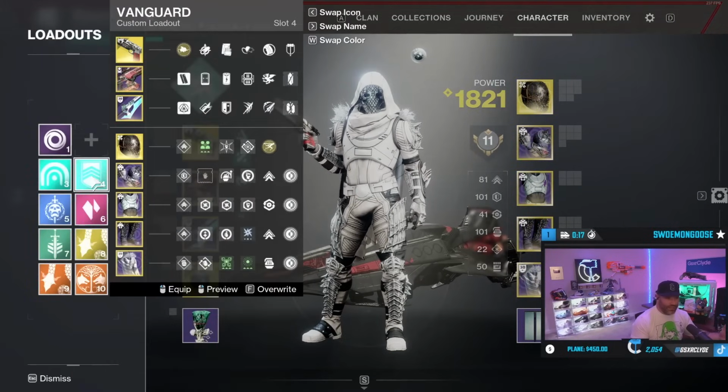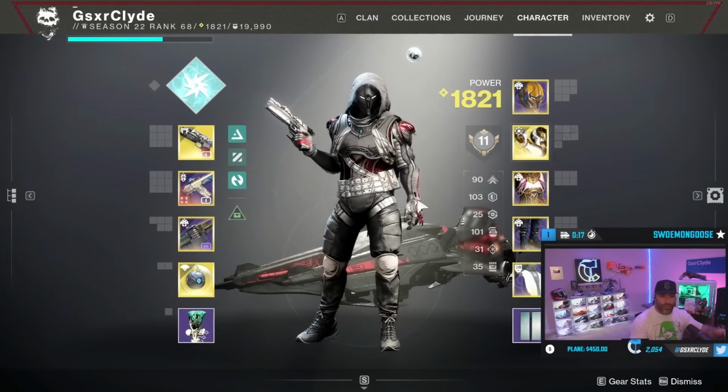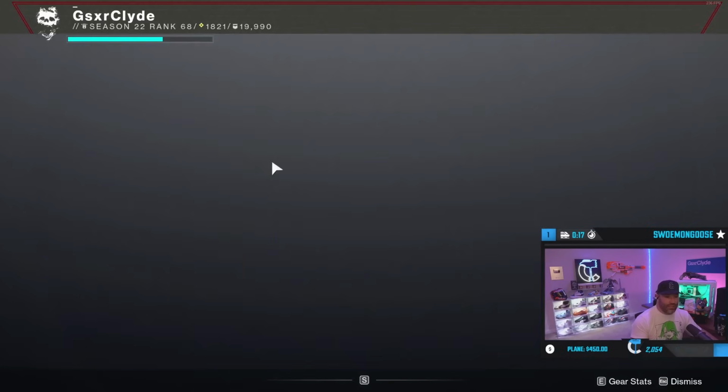So I have 3 variations of this. I'm going to show you really quick. This is going to be a 1-2 punch shotgun build with Tractor Cannon. I do have on Liar's Handshake. Nothing really changes